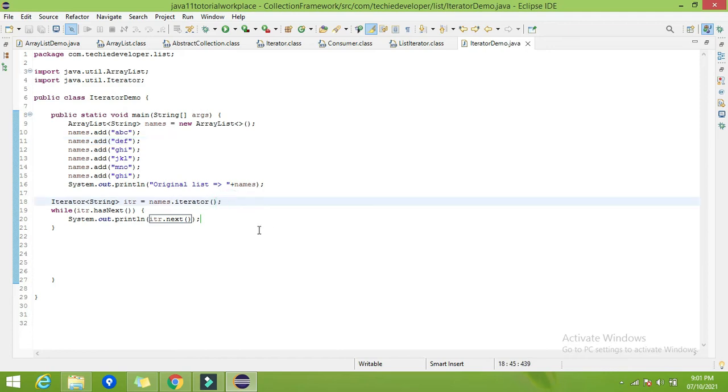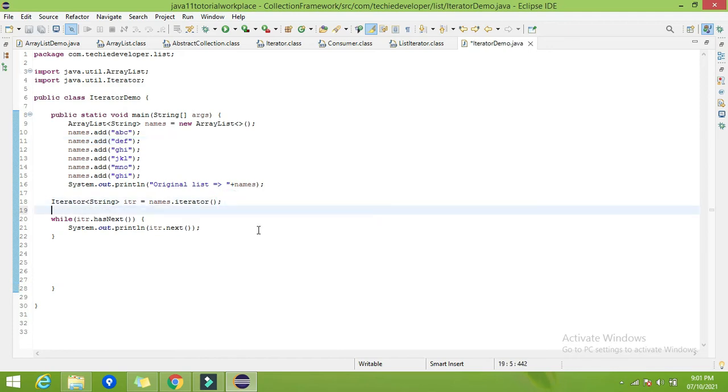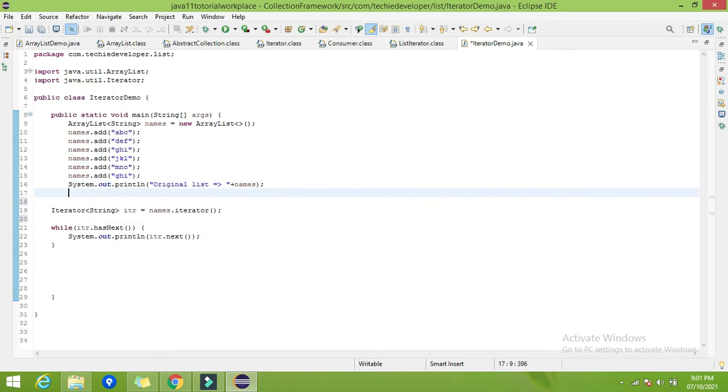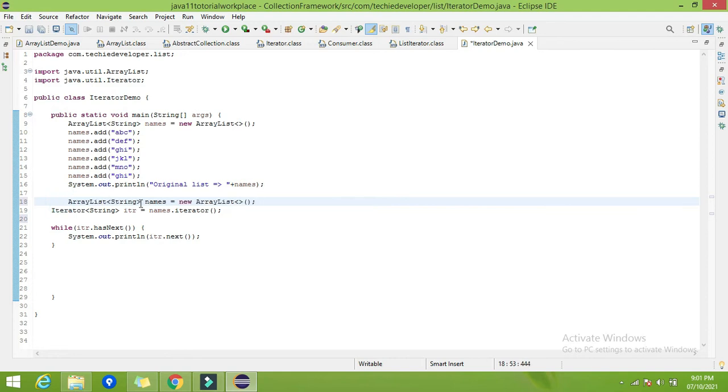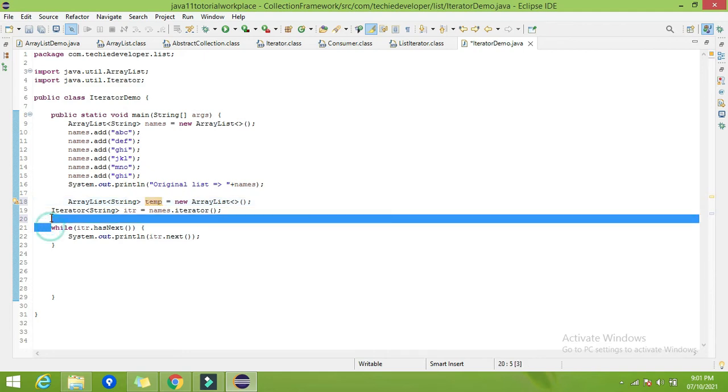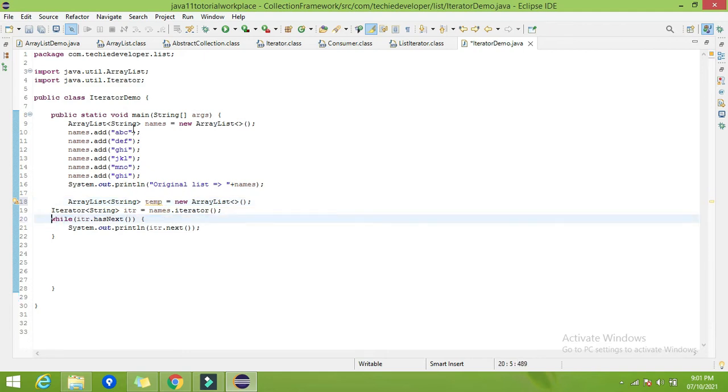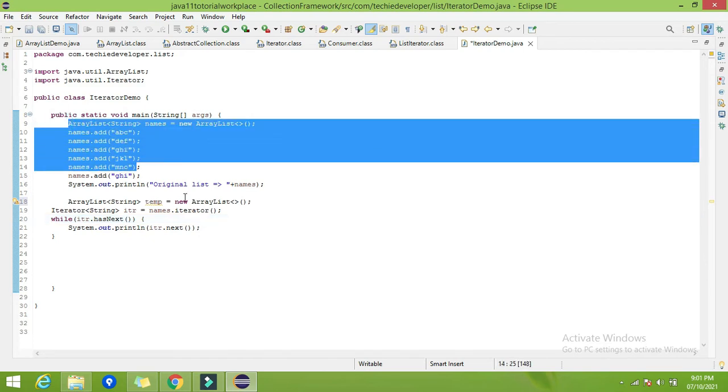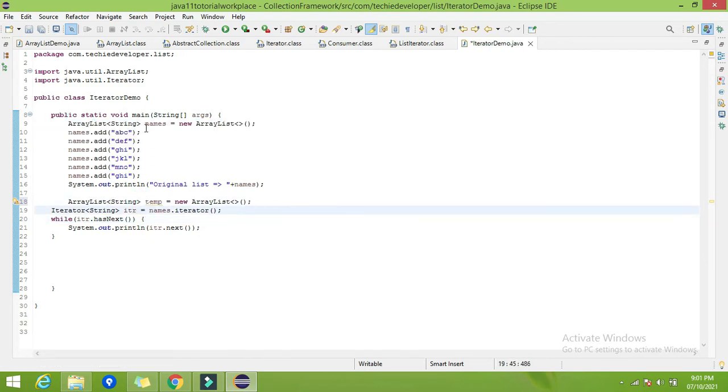So let's have another list. I will simply copy this declaration, ArrayList, and let's give the name as temp for now. I want to copy each element from this list into this list, except each element appended with the particular string.